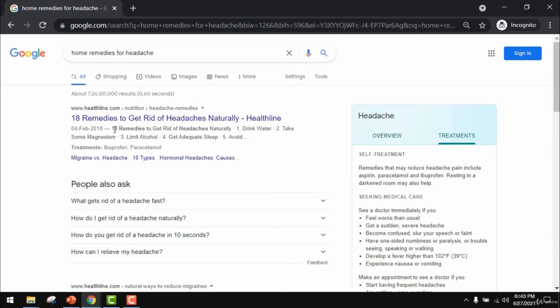Initially, I used to think that the search result description is a paragraph from that web page, but that is not the case. Search result descriptions are a set of sentences and keywords present on that page which describe or talk about my query. If you observe, some of the keywords are in bold. Those are the keywords which are related to my search query. Those can be synonyms or related terms. Some of the remedies it has already started describing in the search result description. If you observe further, there are some treatments given on this page, ibuprofen and paracetamol.